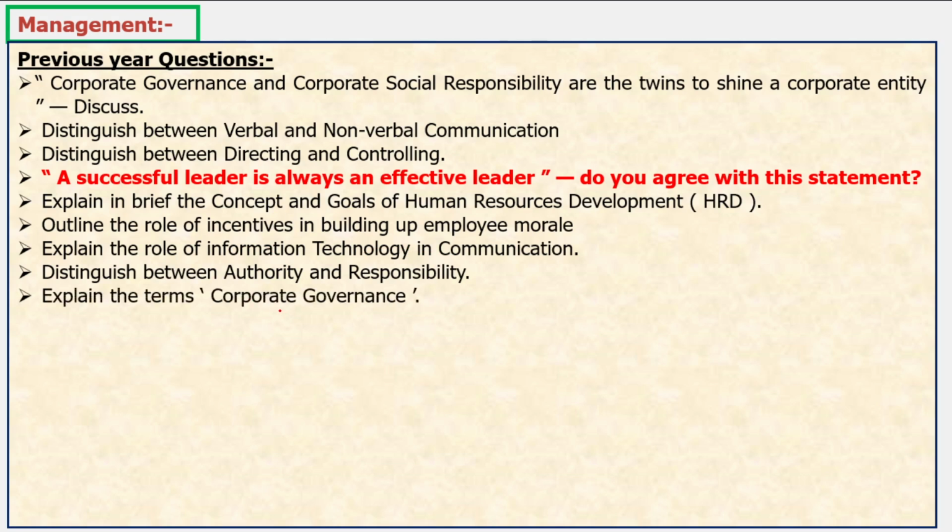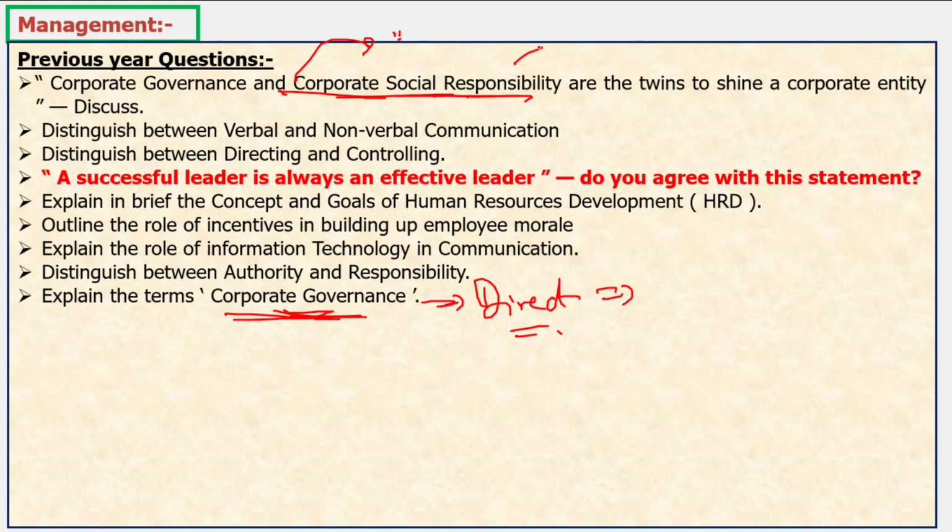So, explain the term corporate governance. Again, a very direct generic question on corporate governance. If you have learned corporate governance, you can write it. Now look at the difference between these two questions. This question was also on corporate governance and CSR. This question is also on corporate governance, but it would require a different approach from your side, and this question would require a different approach from your side. For this question, if you list points, that would be enough. Here you will have to make a connection,